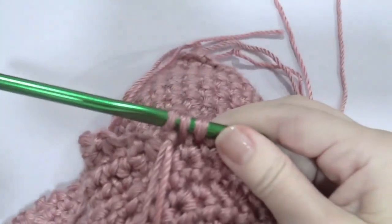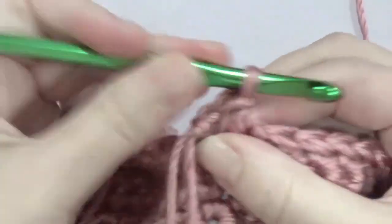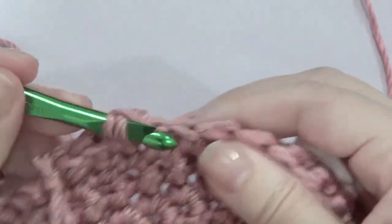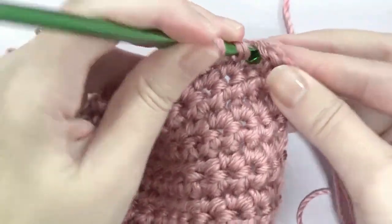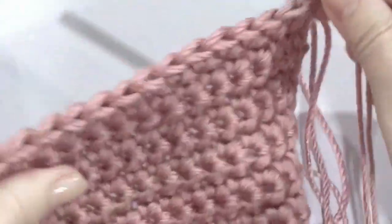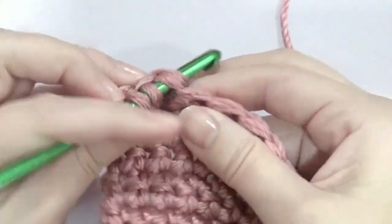This is all repeat for the other side for the half of the heart on the top. Then you're going to single crochet in the next 12 stitches and then 2 single crochet together at the end, and then work 2 single crochet together and chain 1, and then work 2 single crochet together after you turn, and then work a single crochet in the next 10